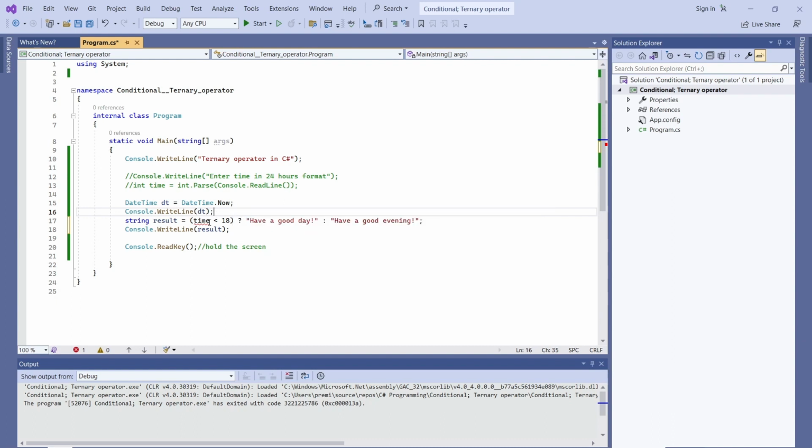Right, so if I execute this code now, let's say DateTime dt equal to DateTime.Now. Let me comment this out so you can see what is stored in the dt. So if I execute this now, and I'm printing dt,